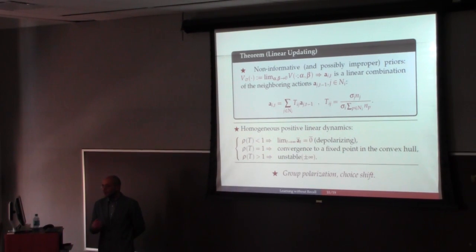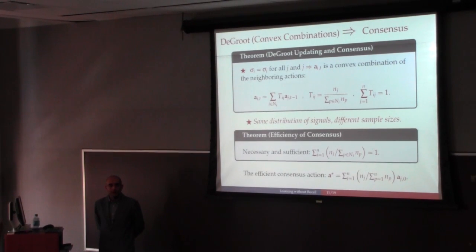Still, we are not exactly in the de Groot model case, because in the de Groot model, when you look at this matrix of coefficients, each row has to sum to 1. Basically, we need a row stochastic matrix of coefficients. To get a row stochastic matrix of coefficients, we need to impose some additional assumptions on the model.